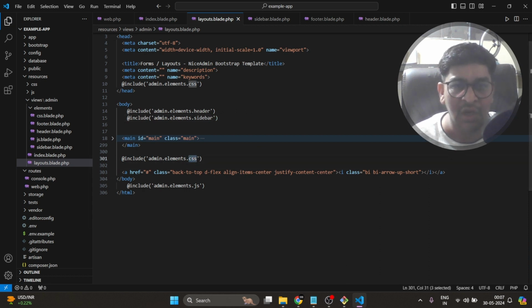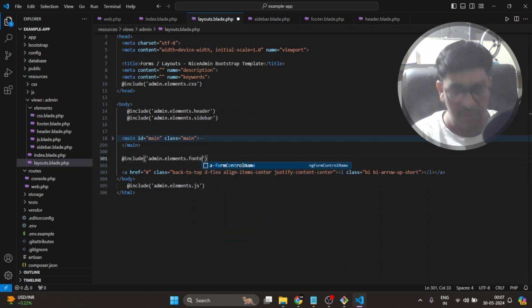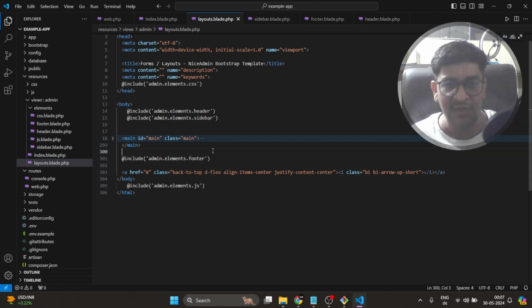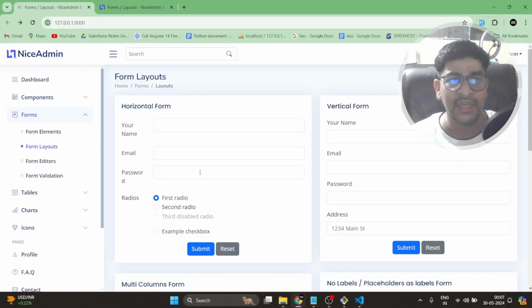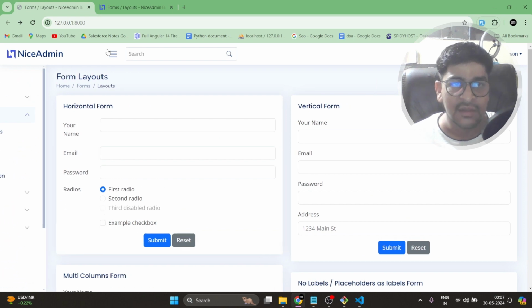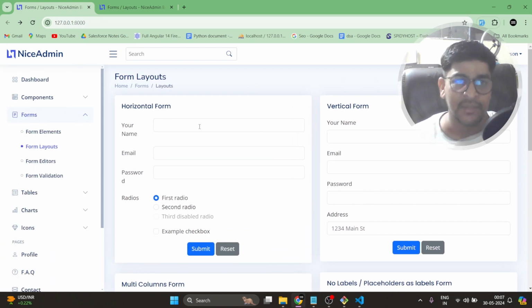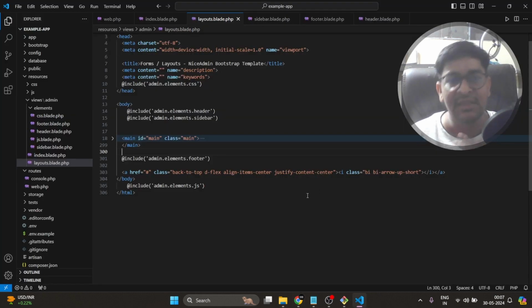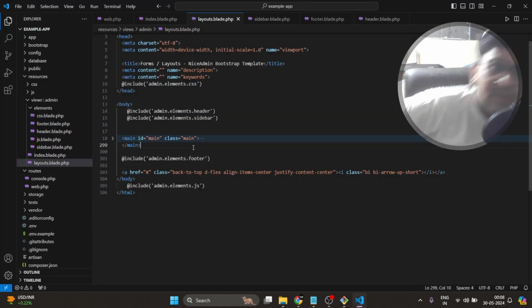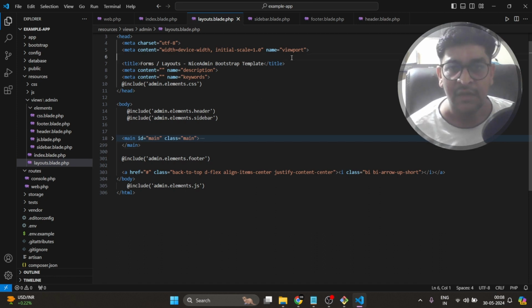Then our file name is footer. So this is what we have done. Okay, this is simply what we have done, and you can see all of our things are still working. We have separated our templates, and now we can use them everywhere. Now one thing is coming, instead of this title we can